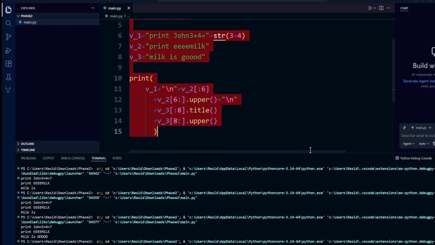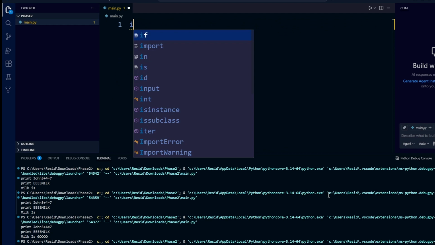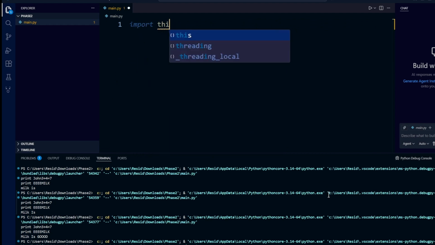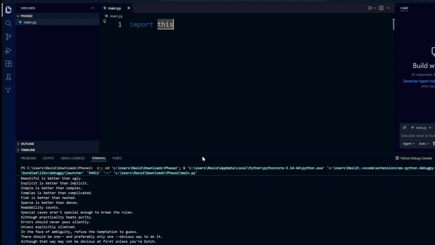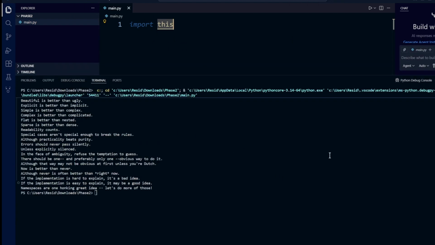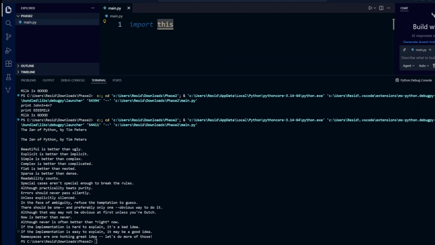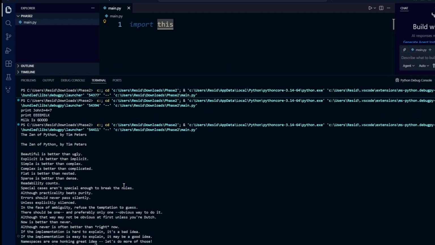Okay. So the last one is if you just type import this, and I run this. This is like an Easter egg within Python, which is sort of like the rules, I guess you could say, or the philosophy of Python. Oh yeah,